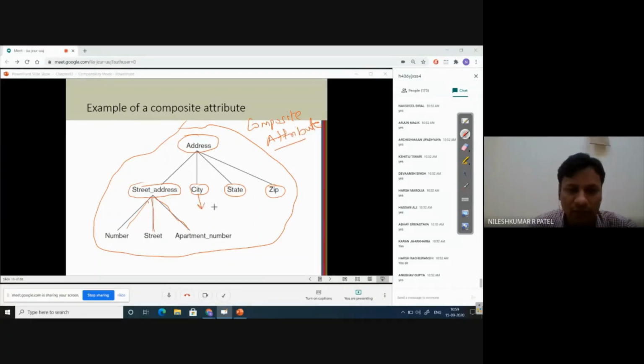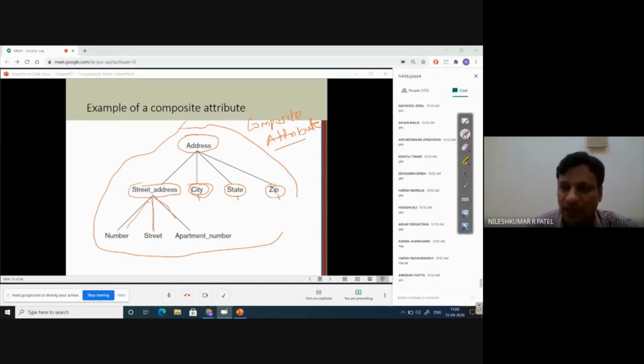City, if it cannot be divided further into different components, will become a simple attribute in this case. State may be simple, and in some cases zip may be simple. We do not call these simple attributes here, but ultimately we call city, state, zip, number, street, apartment number component attributes.